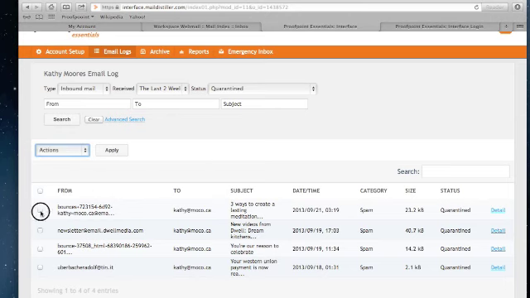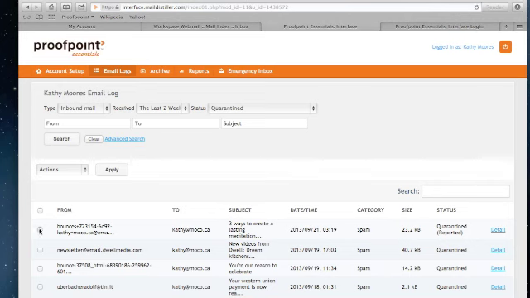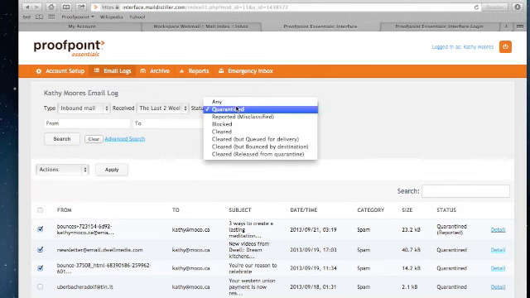Now I simply check the message, choose the option, hit apply, and it will take that action. If I apply more than one, then when I check the action here, it'll apply to all the messages I've selected. If I'd like to look at all of the emails that have been routed to me, I can change the quarantine status to any